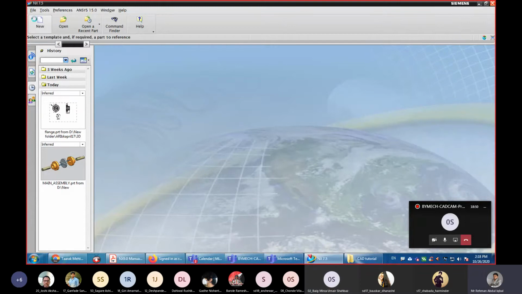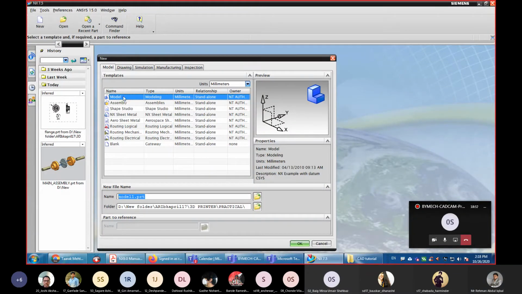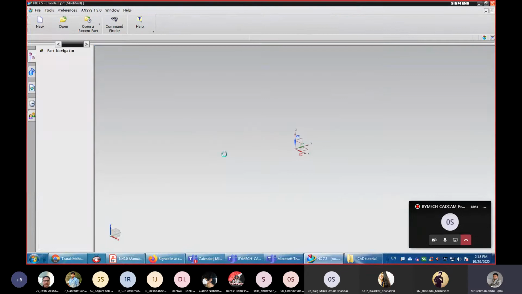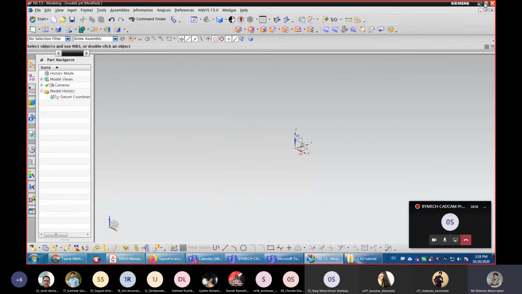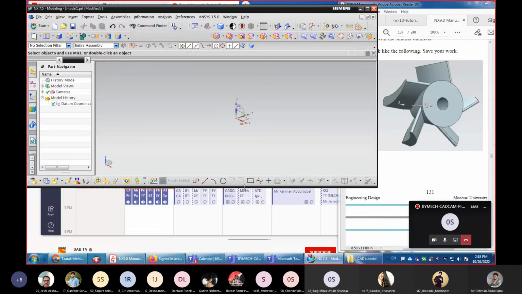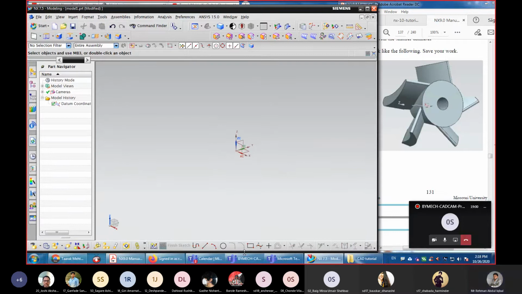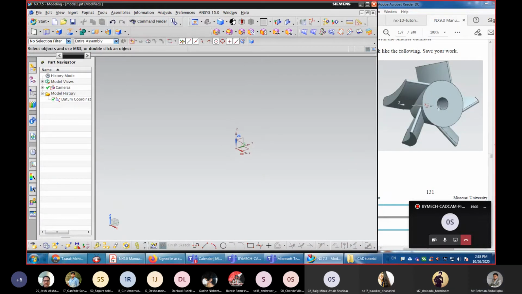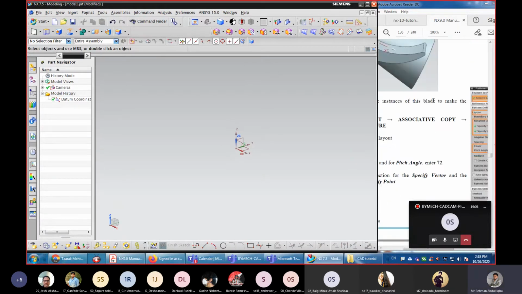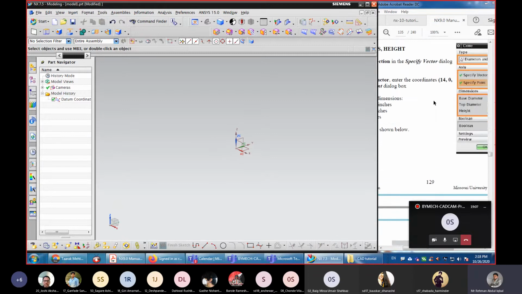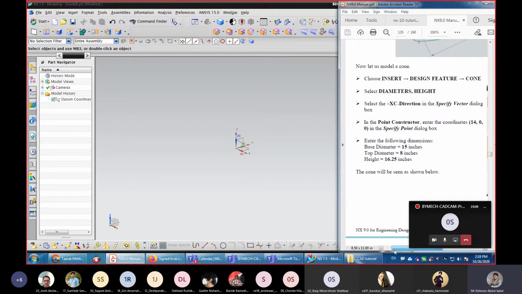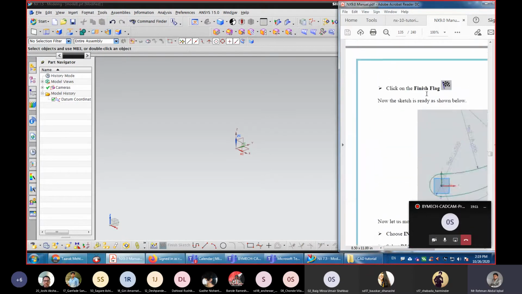So just go to new, select modeling, part modeling. And we will create this. A step-by-step procedure is given here. Okay, in this PDF you can follow this.